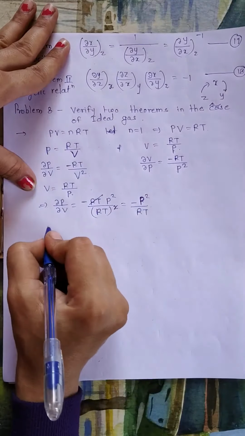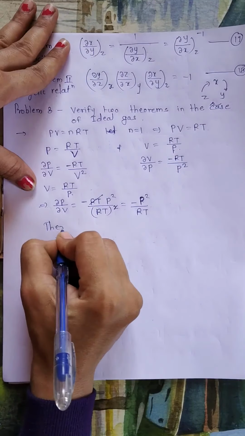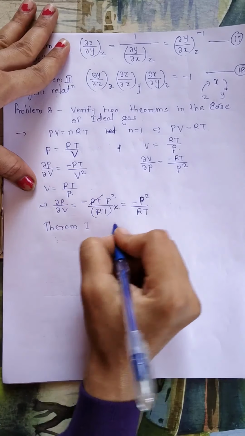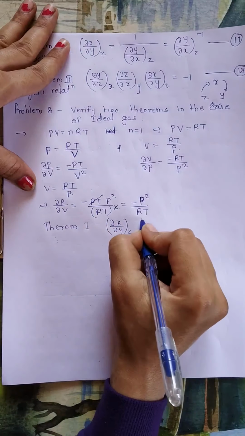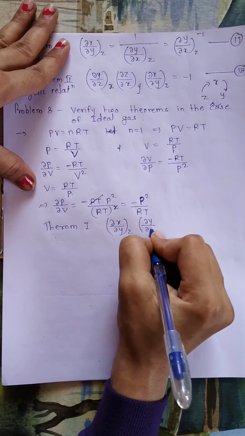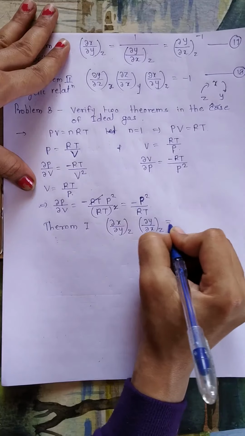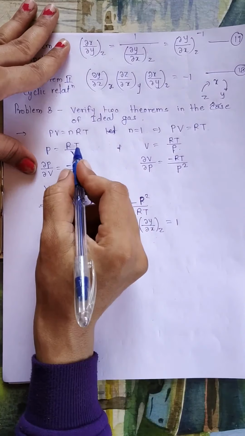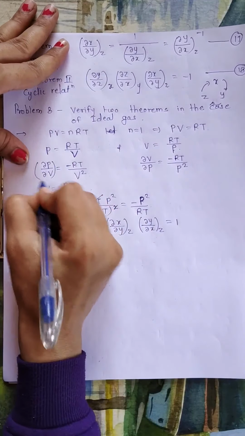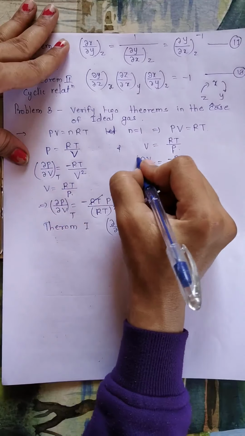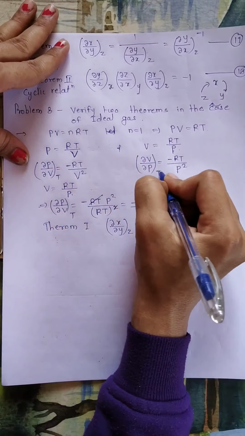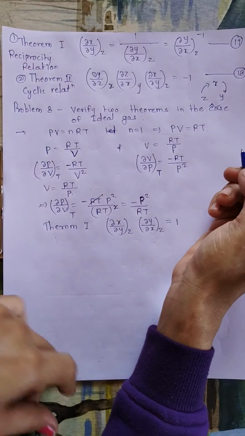So according to theorem 1, what is theorem 1? ∂x/∂y at constant z into ∂y/∂x at constant z is equal to 1. Now here we will keep temperature constant. So everywhere I will take T as a constant variable. So if temperature is constant,